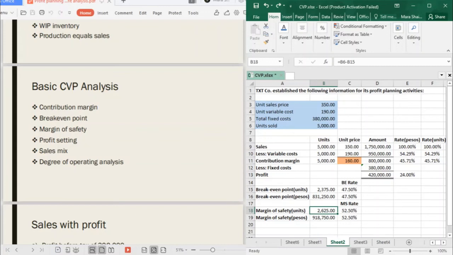Now, another thing, diba, as mentioned a while ago, katong nag-discuss ta about contribution margin, that if there is an increase in your contribution margin, there is also an increase in your profit. So, see na ninyo gamay ang relationship. Si margin of safety nimo, its increase indicates an increase in profit. Now, si contribution margin nimo, its increase also indicates an increase in profit. Diba? So, if imong huna-hunaon gyud pag-ayo,